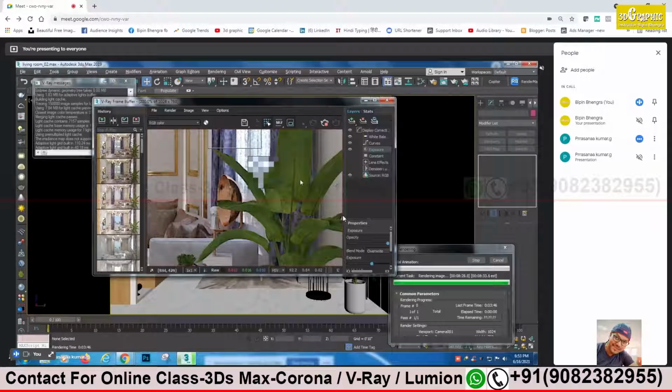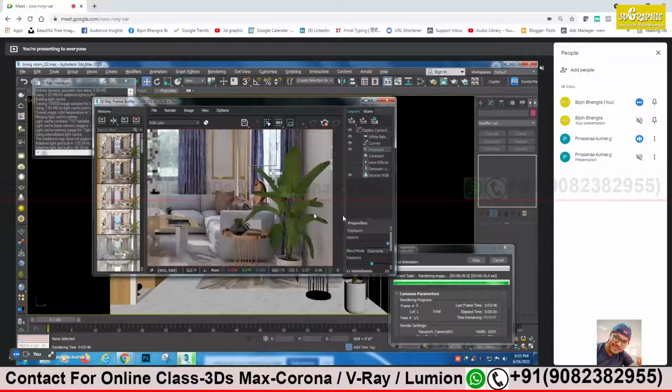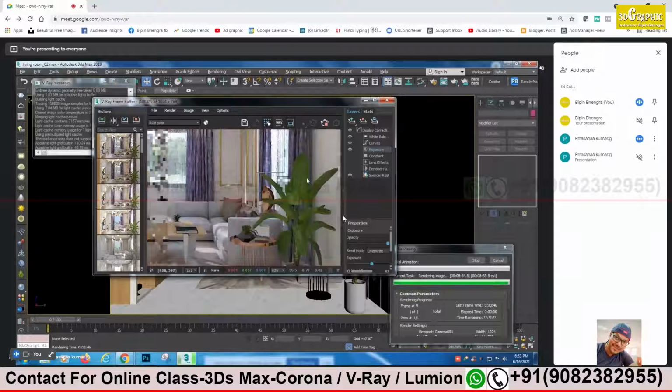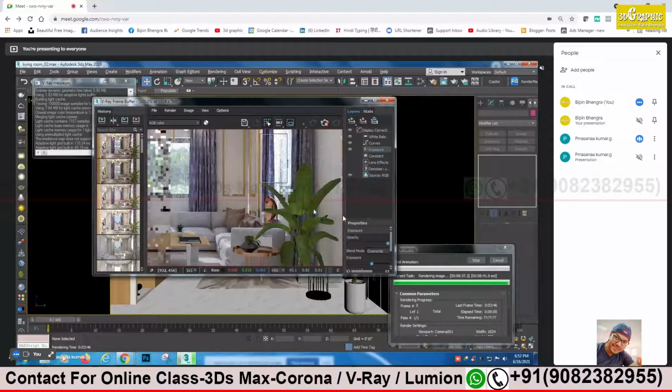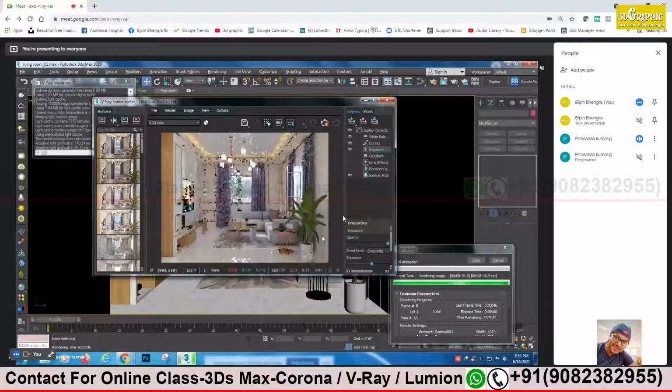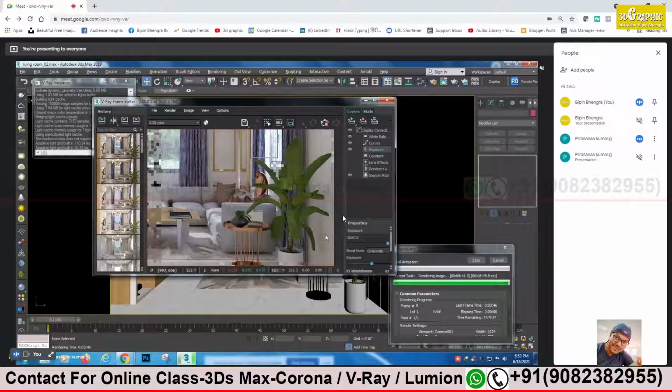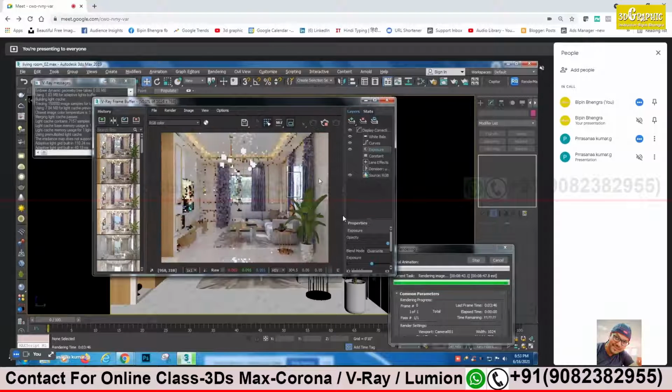Yeah, good, nice. Coming out nice. So no need of light here? No, nothing is required, you can see the details. Sometimes it might look plastic, as if an artificial plant has been kept there. No, it's okay, it's coming out good. You can stop the render, I've seen.